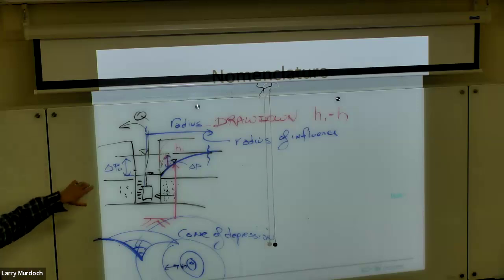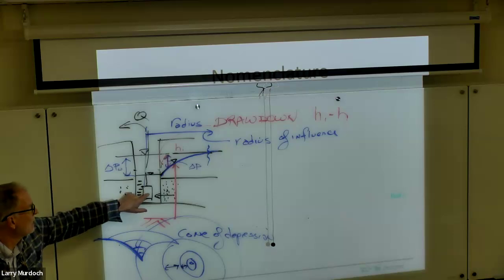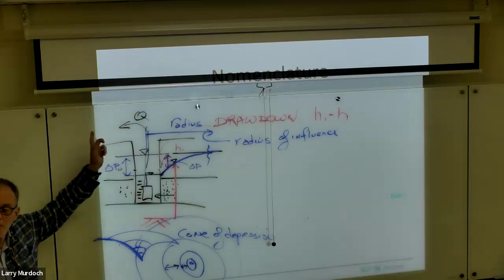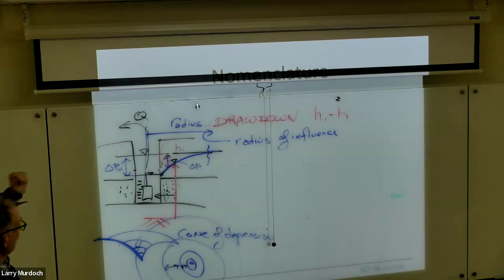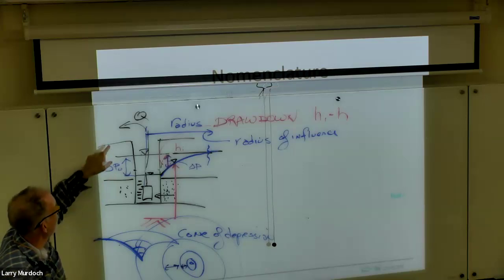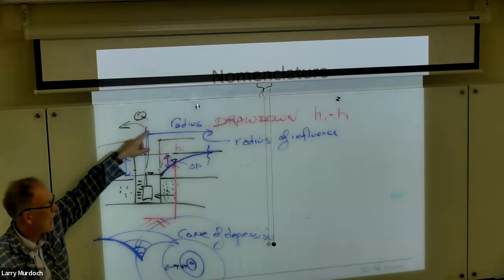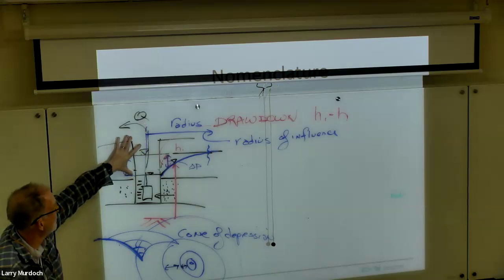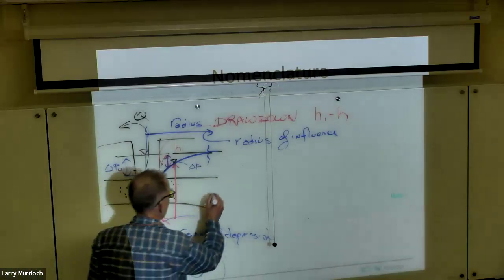One of the things that we'll be interested in is how much power do we need to put into the pump to pump the water out? Okay, so we're going to need to put power in order to pump the water at this rate and in order to lift it up to the ground surface. So the power